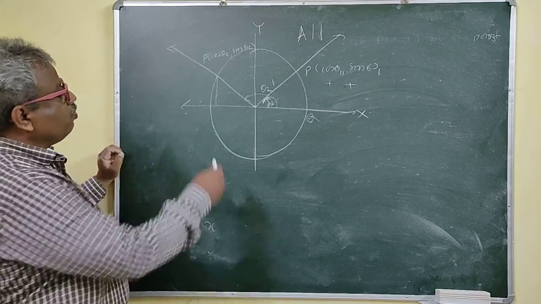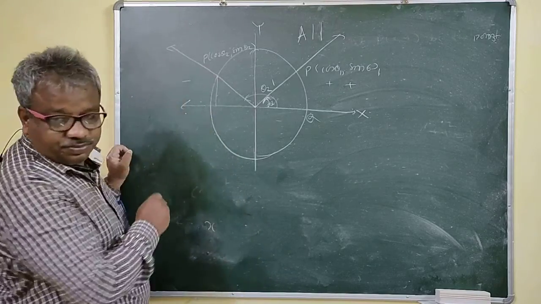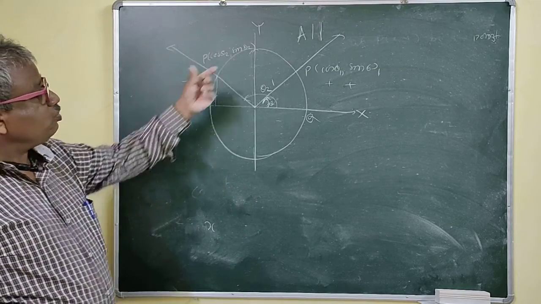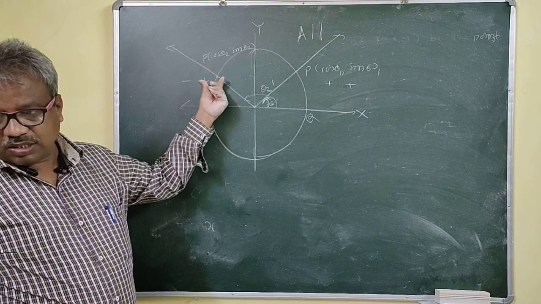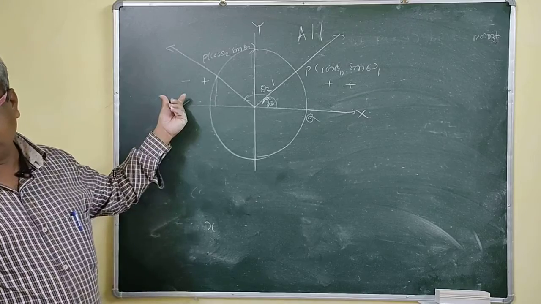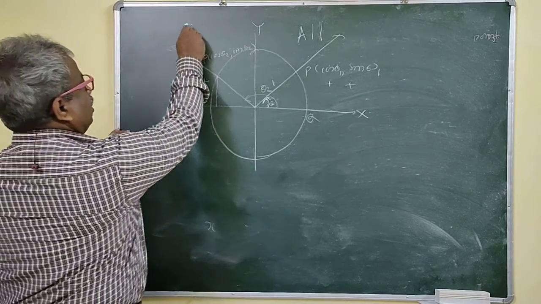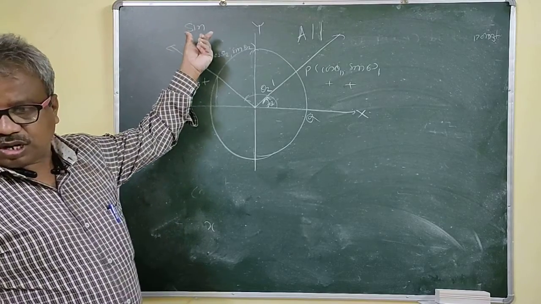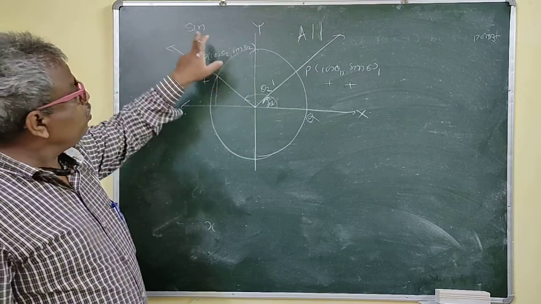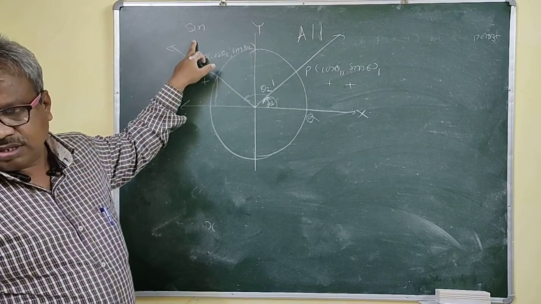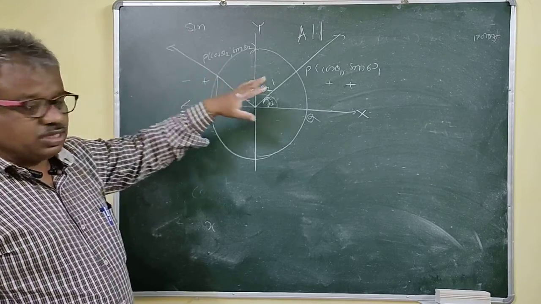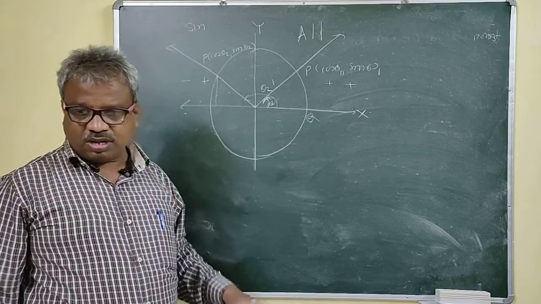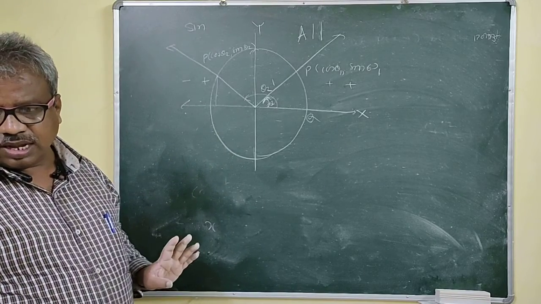And in the second quadrant, we know that your x is negative and your y is positive, right? That means sin theta is positive and your cos theta is negative. That means here sin is positive, and the reciprocal is cosec. So only one trigonometric ratio is positive here. We are interested only in sin, cos, tan. And obviously the reciprocal of a positive number is positive and the reciprocal of a negative number is negative.